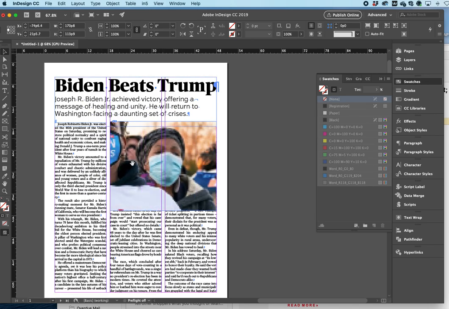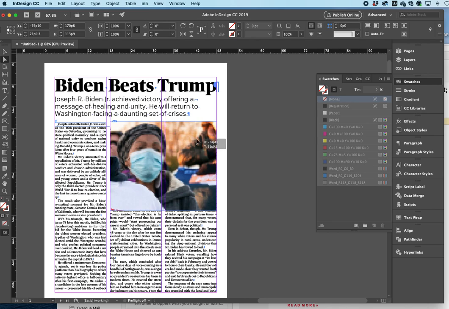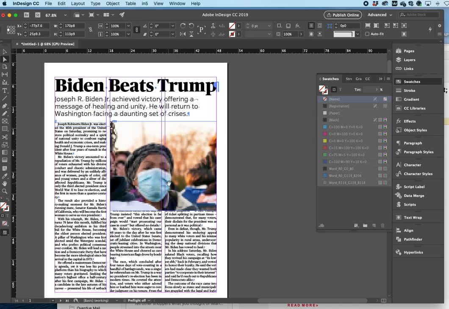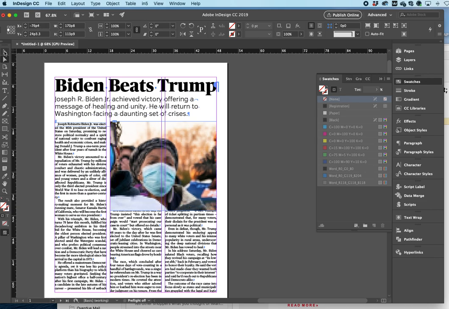And you can do that either by grabbing this little thing that looks like an eye, or by, this is one of the things you could do with the direct select tool in InDesign. It works the same way as if you were drawing a vector in Illustrator, but you can also use it to do the content. This is the only way you can adjust the content. But you can also resize the box with your black arrow.